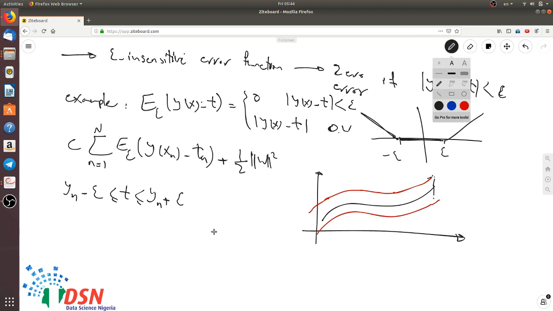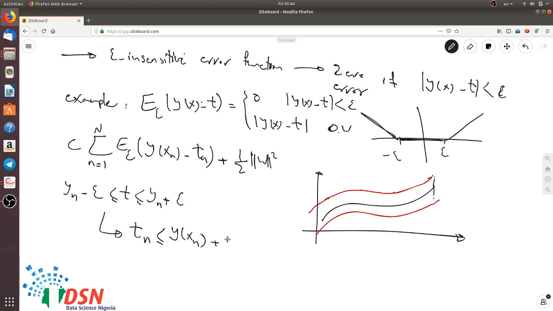And actually we could rewrite this by introducing slack variables. As we mentioned in the previous session, to make some conditions concise, you could introduce slack variables. So here we could write tn is less than y(xn)